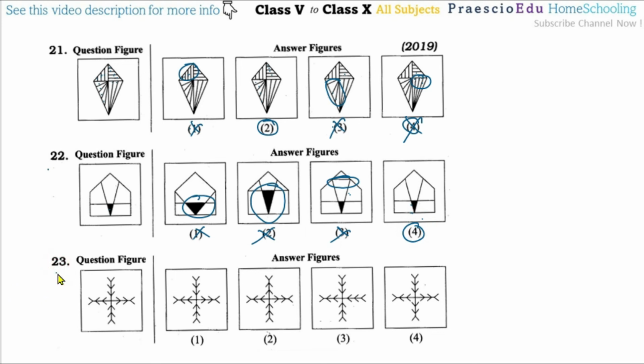For question number 23, we have to count these arrows. As per this one, this 3 and bottom 3, side 2 and 1, 2 and 1. As per this one, if you observe, there are some differences in this figure, and this and this one. So here the difference is there, so that's why these two options are incorrect. Then we are making a comparison between these ones. Here there is some difference in the directions of these two arrows, but only option number 1 is perfectly matching, so that's why option number 1 is the similar figure.